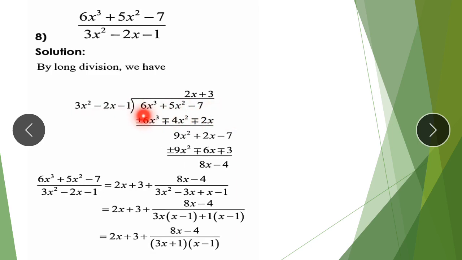Here we can see that it's x cube and it's x square, and it is 6 and it is 3. So 3 what is 6? 3 2s are 6, and how many x is required? 1x. So therefore x is written here. 3 2s are 6, 2 2s are 4x square, and minus 2x. This will get cancelled and the sign will get changed. So 5 plus 4 will result in 9, and 7 minus 2, or minus 7 plus 2, will result in, we can have here 5.